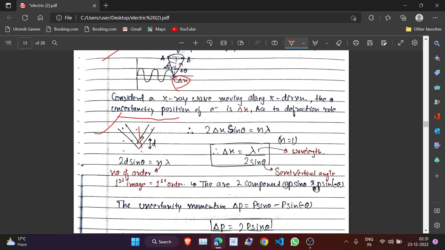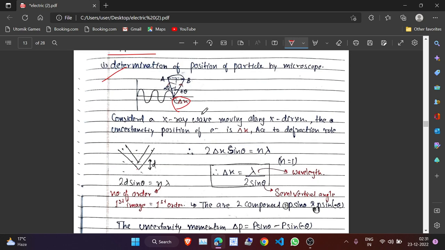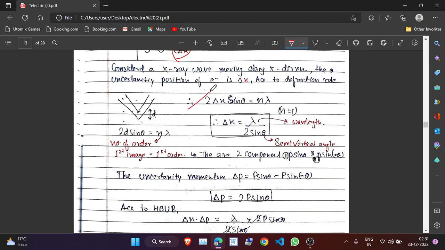This angle is known as theta, the semi-vertical angle. This angle is theta, and this angle is also theta. Both angles combine to become 2 theta. So applying this concept to this microscope setup, we can say 2 into delta x, here d is delta x, sin theta is equal to n lambda, where the number of order is equal to 1. So delta x is equal to lambda by 2 sin theta, where theta is the semi-vertical angle and lambda is